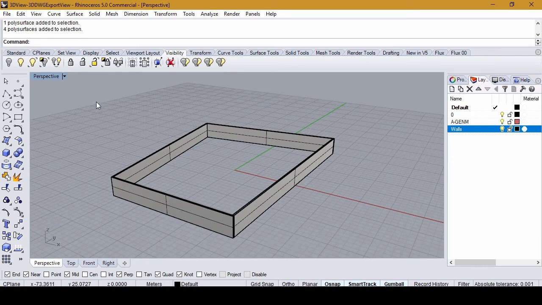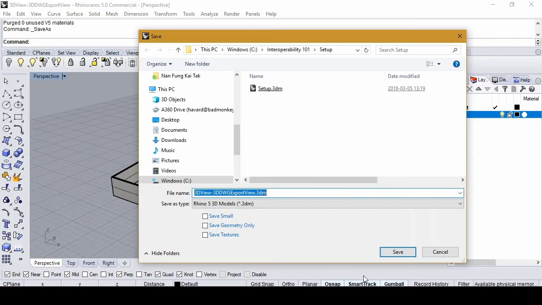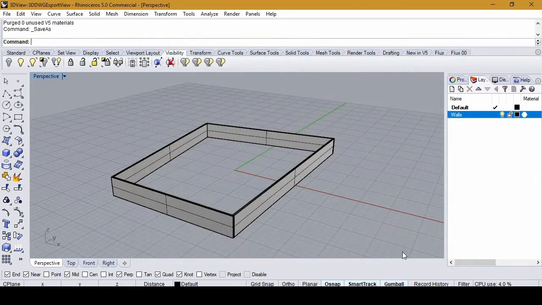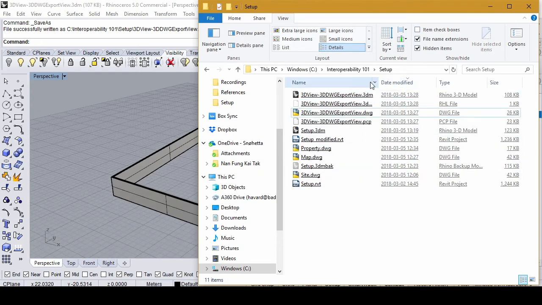So next up, I'm going to purge this file. Click purge or type purge and click enter. I'm going to save it using the same file name as a DWG file. I usually do this, and I collect all these files also usually in an Exchange folder or some place where a repository, a folder or whatever, where Exchange files can exist.